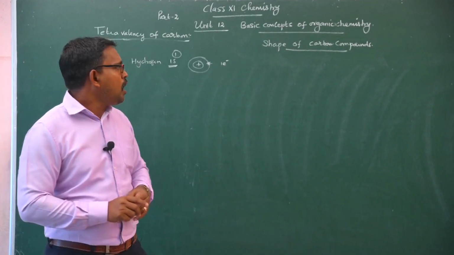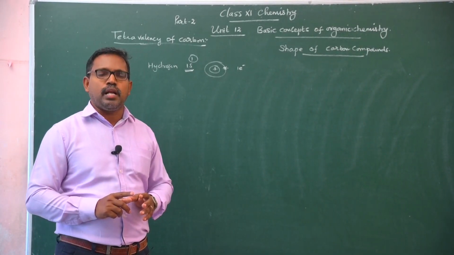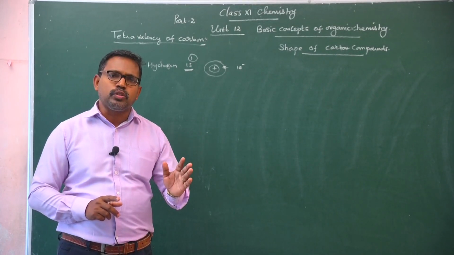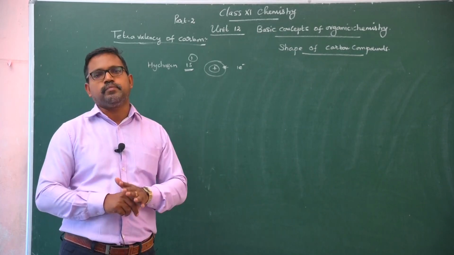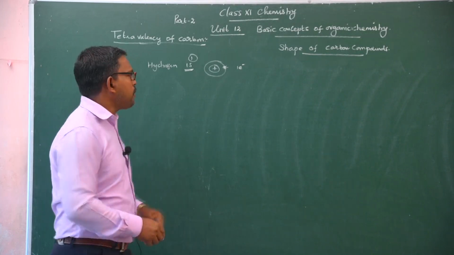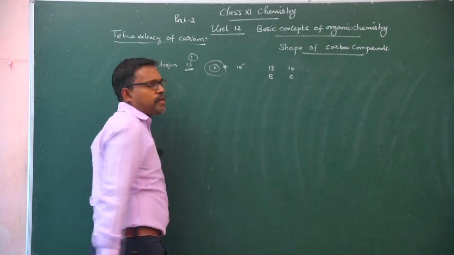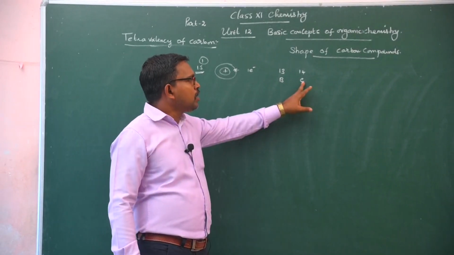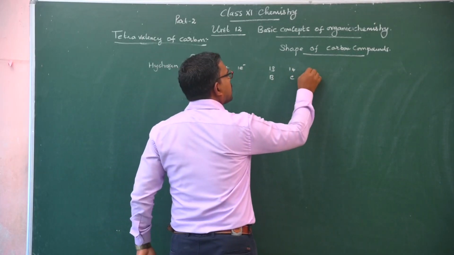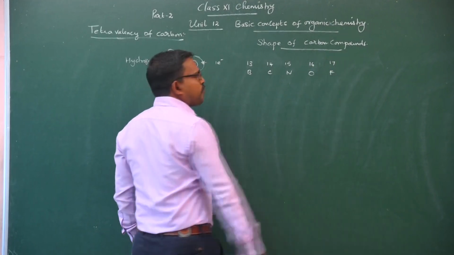the concerned atom. We know the periodic table has S block elements and P block elements. In S block elements, the number of electrons present in the valence shell is equal to the valency of the concerned atom. This is true up to the carbon family. Group number 13 is the boron family, group number 14 is the carbon family. In the carbon family, 4 electrons are present in the valence shell.